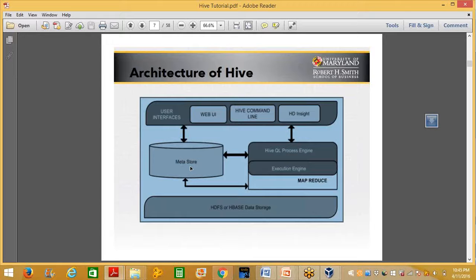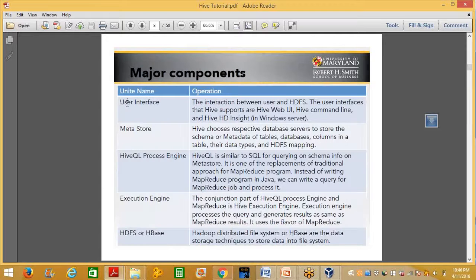what happens is there is one type of store present, and that particular store is nothing but the metastore, which is very, very important. The metastore is nothing but the data dictionary, or else it is nothing but the database. Whatever structures of the tables are created through Hive, those structural schemas are going to be stored within this particular